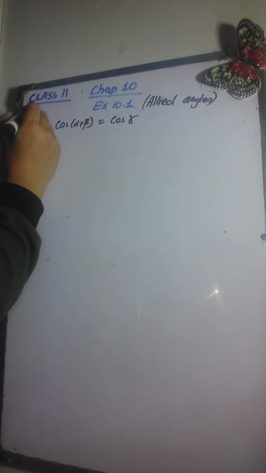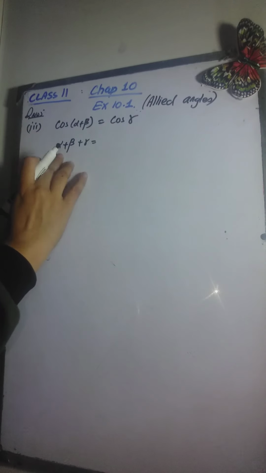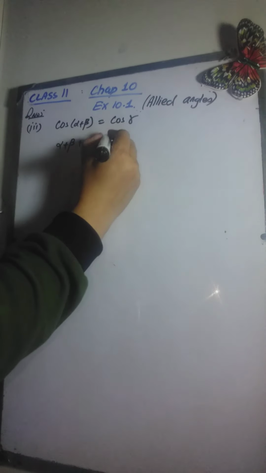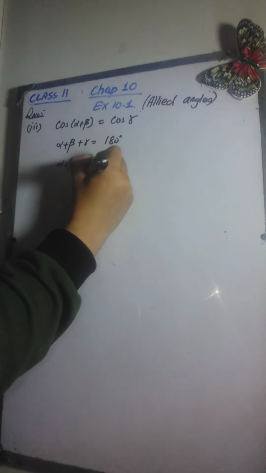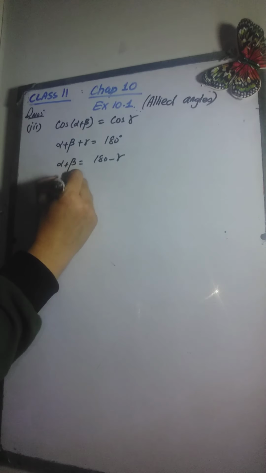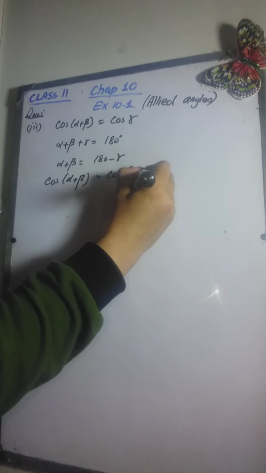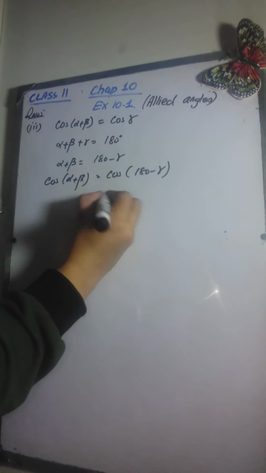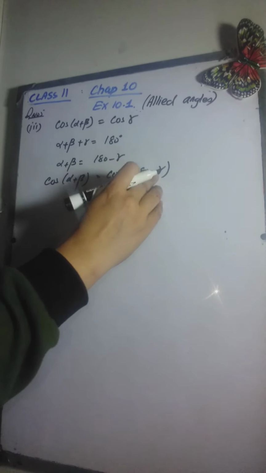The next part is we have to prove cos of alpha plus beta is equal to cos of gamma, of the same question. Again we are going to start with the same expression: as alpha plus beta plus gamma is equal to 180 degrees, alpha plus beta will be 180 minus gamma, and taking cos of both the sides, cos of alpha plus beta will be equal to cos of 180 minus gamma. As it is an even multiple of 90, cos will remain cos gamma, and